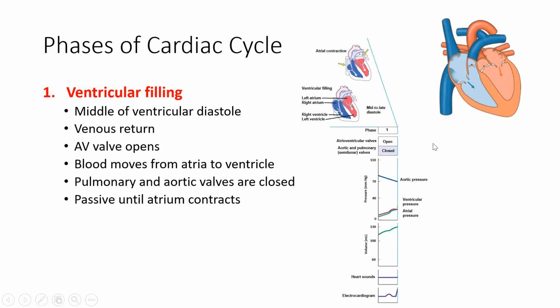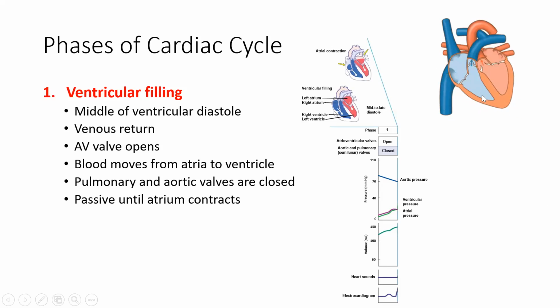Remember, venous return is blood that's coming back into the right side of the heart, blood that's coming in through the inferior vena cava from the lower extremities, the abdominals, and blood that's coming in from the superior vena cava, which is the head and the upper extremities and the neck region and so on. And so all of that blood fills back into the right atrium. And the middle of diastole is the middle of the period where that blood is now spilling down into the